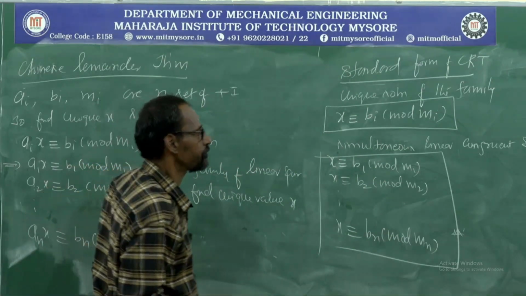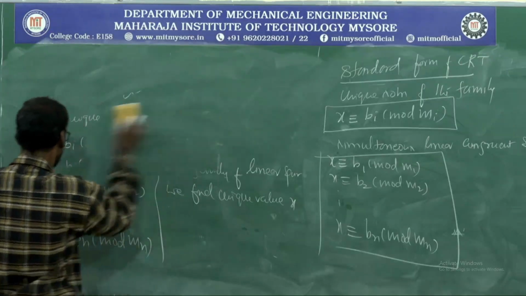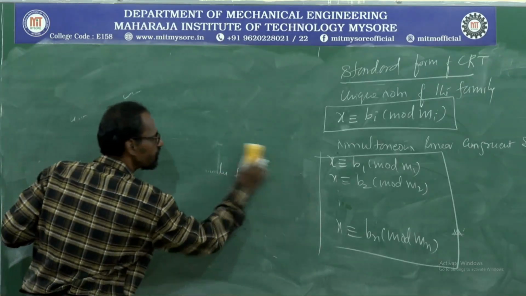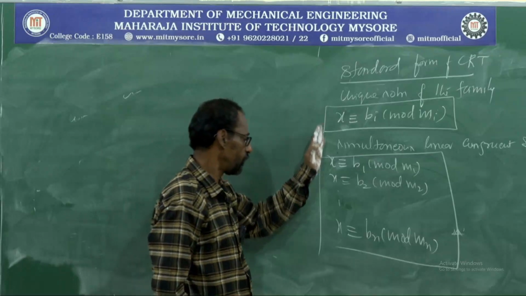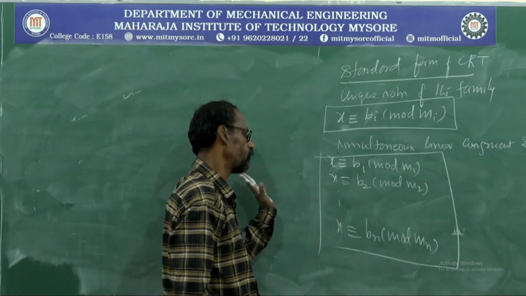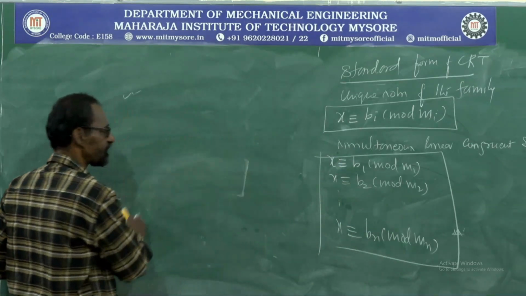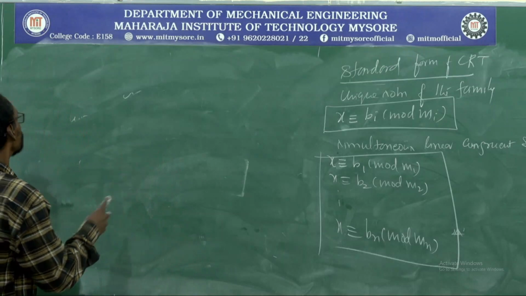Now what is the procedure? The procedure for the Chinese remainder theorem is, first standardize the problem. What is standardizing the problem? Nothing should be allowed as a multiplier of x. Get rid of it by using the inverse approach to get a standard form. Once you get the standard form, draw